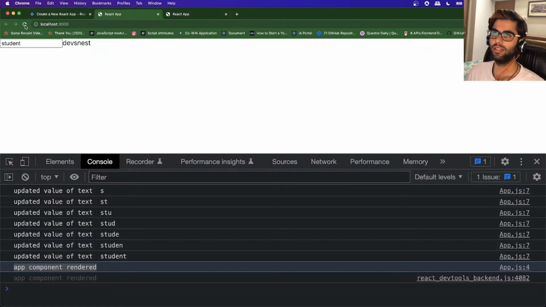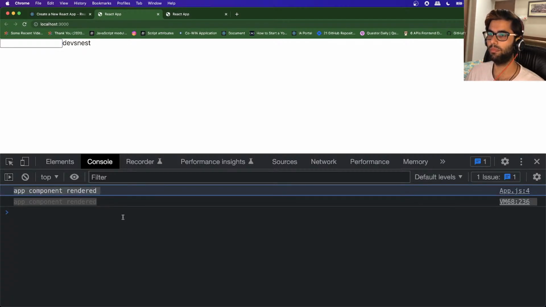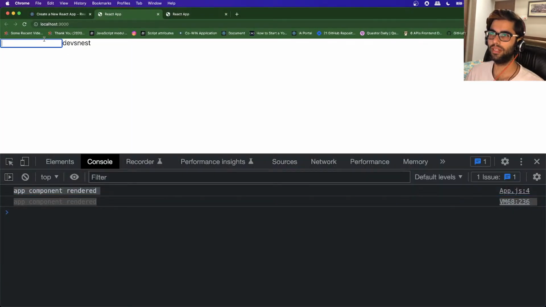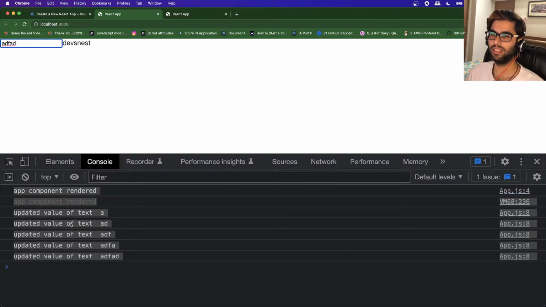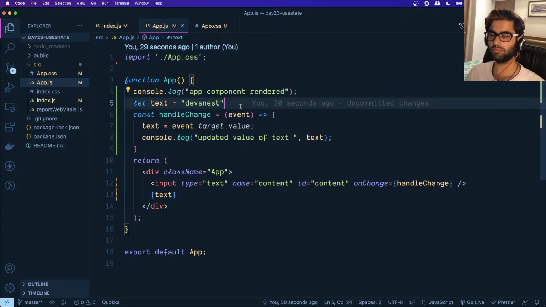Every time this component is rendered, you will see this statement. Now, when we are typing something over here, you can see the value is being updated, but the component is not being rendered again. So in order to trigger a re-render, and also persist the value of the modification that we have made,